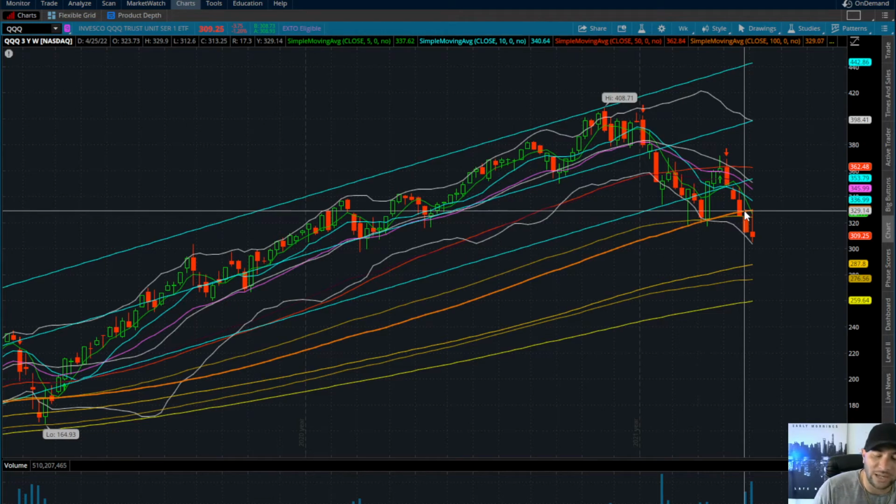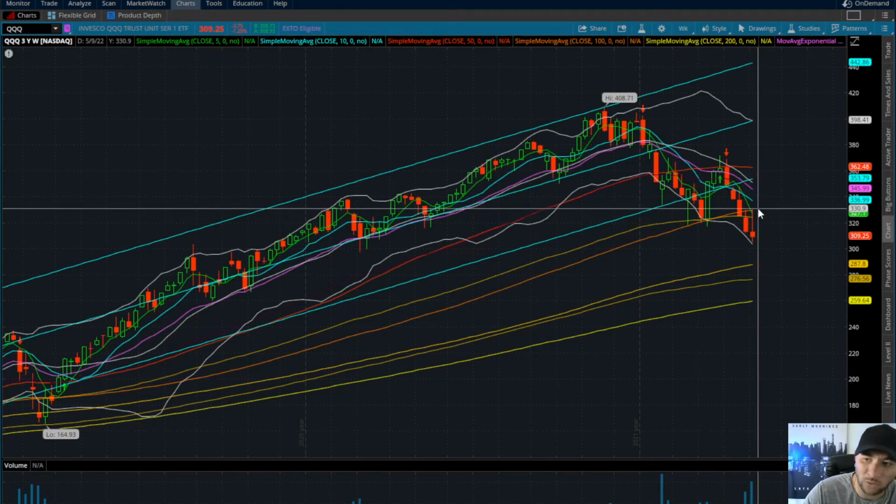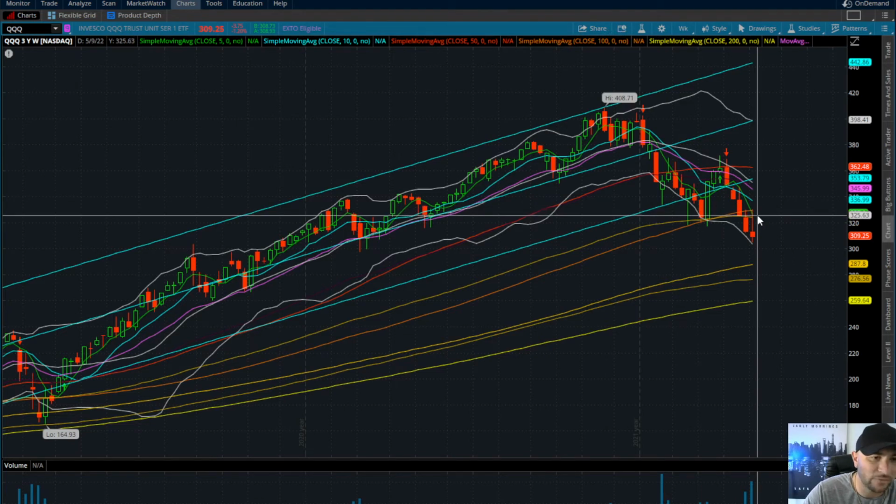be looking for here is on the daily time frame, any sort of bounce, any sort of green day, we would be looking to short that rejection into supply until we reclaim a macro level of supply on the weekly time frame, which is still sitting at a price of $330. So just to keep it simple here, if the triple Qs are trading below $330, what we are looking to